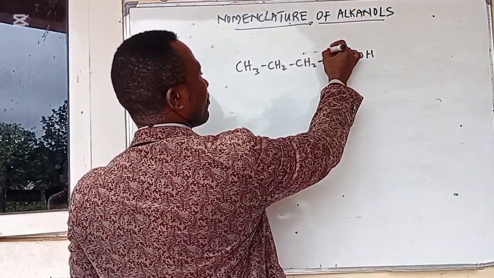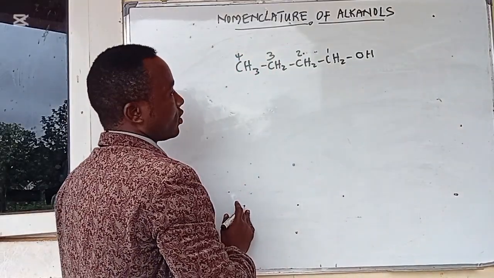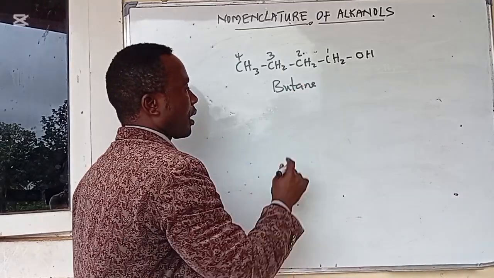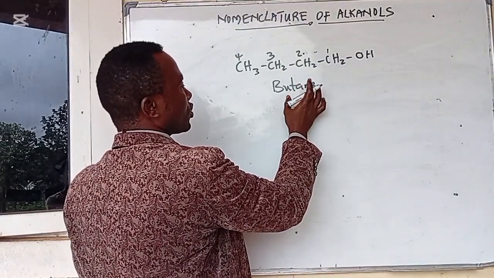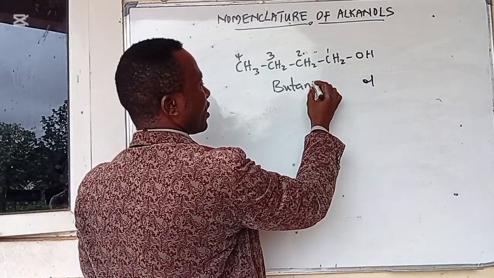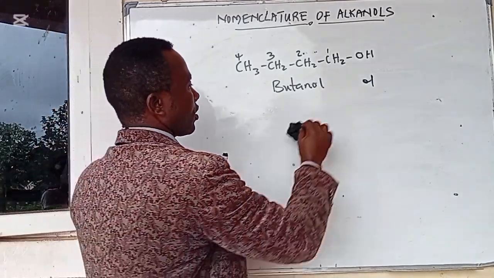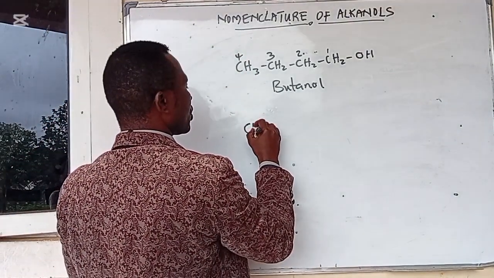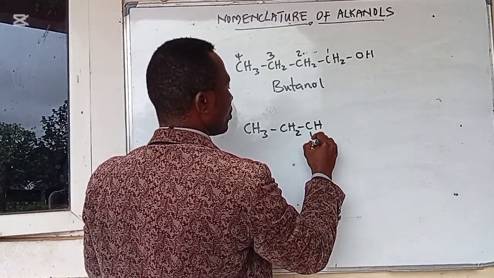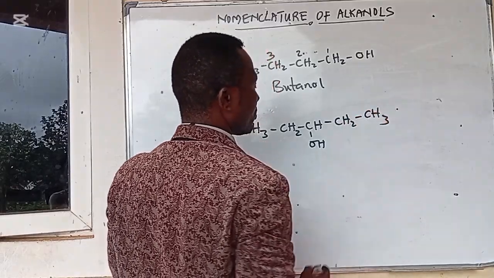That is to say, if we number here, this is 1, 2, 3, and 4. So 4 carbon atoms is butane. Butane for 4 carbon atoms. So you replace the E with what? Ol. So that is butanol. The answer becomes butanol. Now, if we have CH3CH2CHOHCH2CH3,